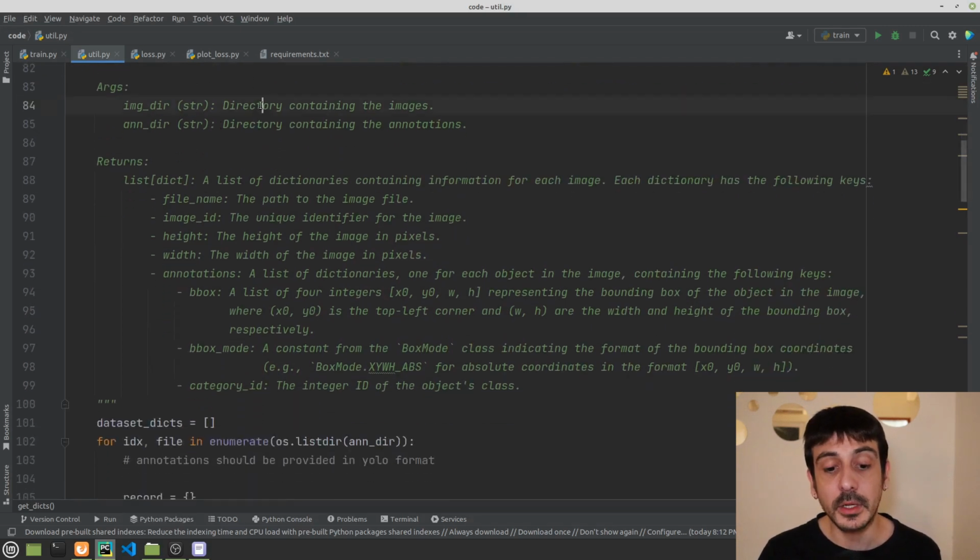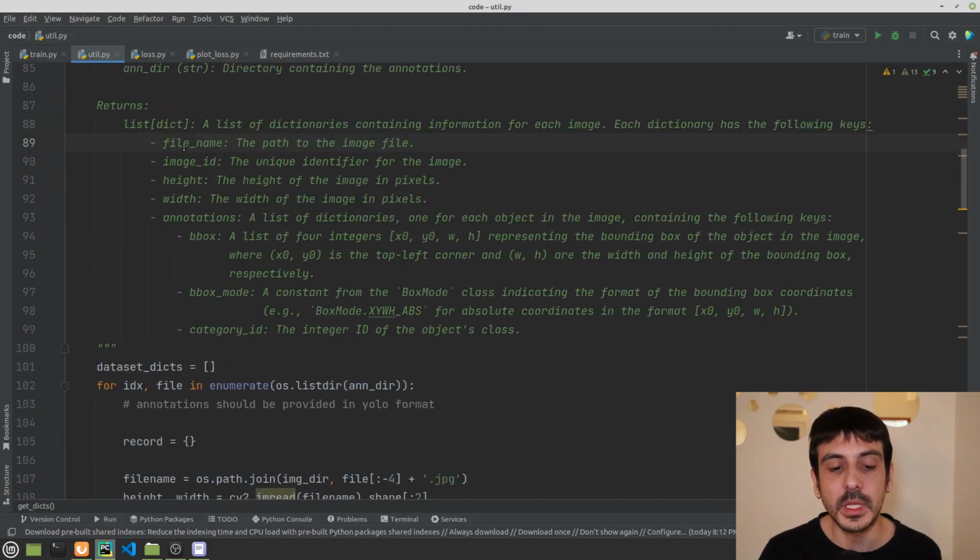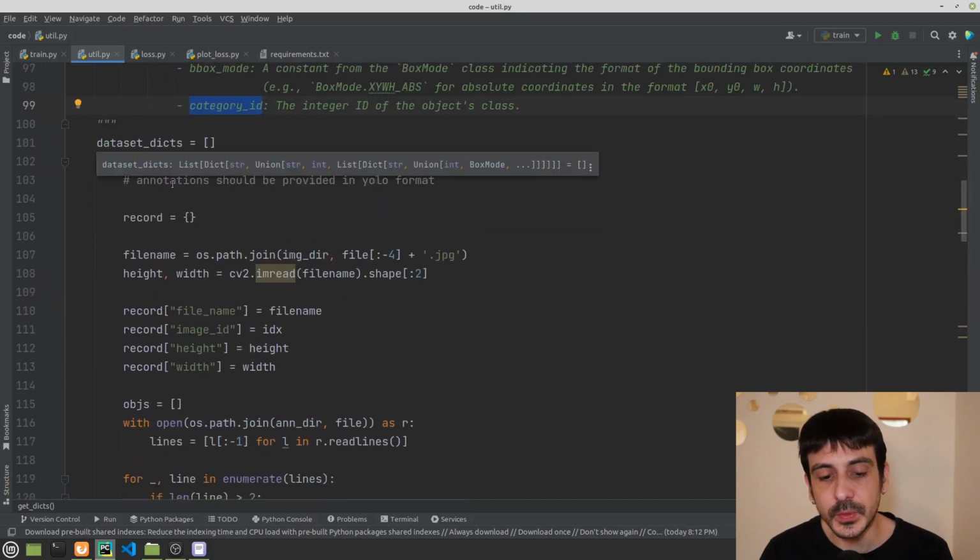The arguments are a directory containing images and another directory containing annotations, and the return is a list of dictionaries with all this information. The file name for every single image, and a unique identifier for every image, then the height and the width of the image, and then the annotations, the bounding box, and also the category ID, the class ID, right? And if I show you the code, it's very straightforward.